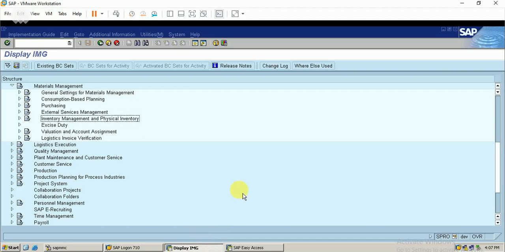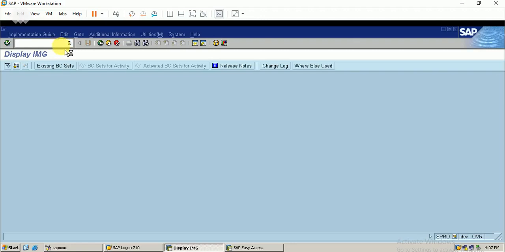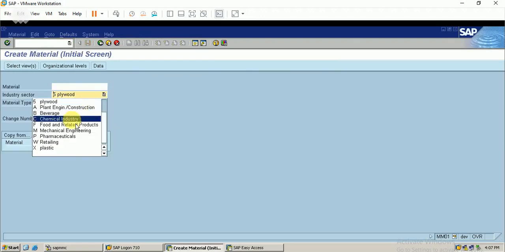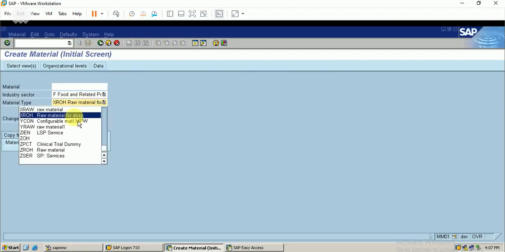So let us go into the implementation. So in this we will just create a material, just show you. Just select the industry sector, material type.